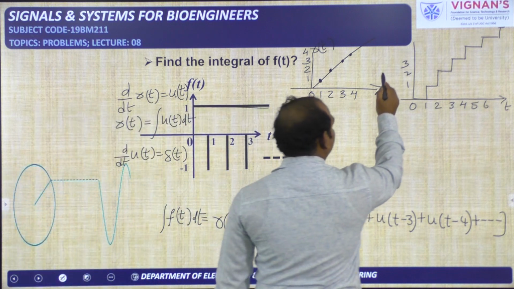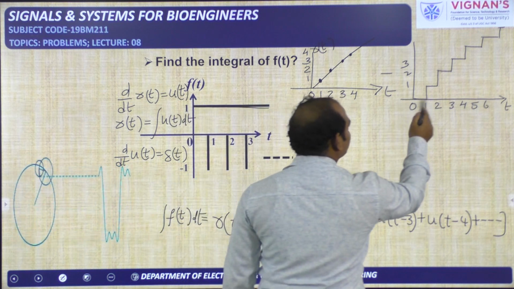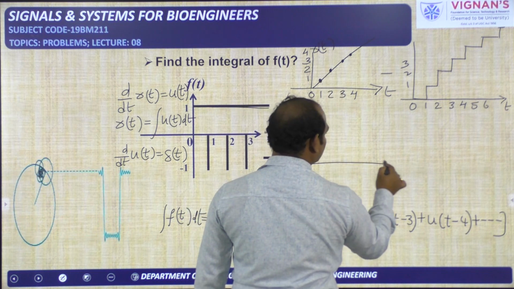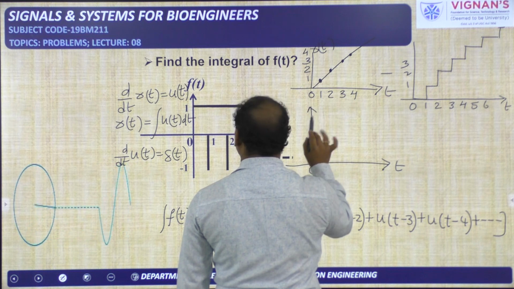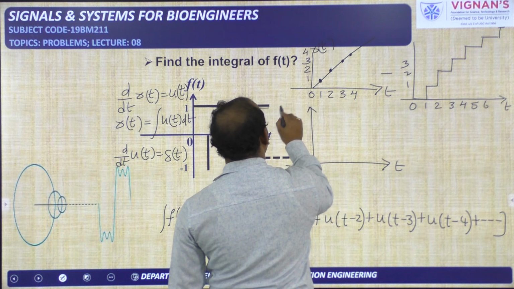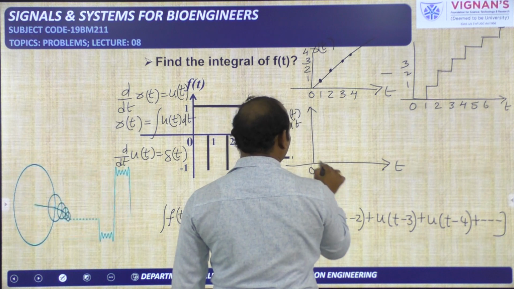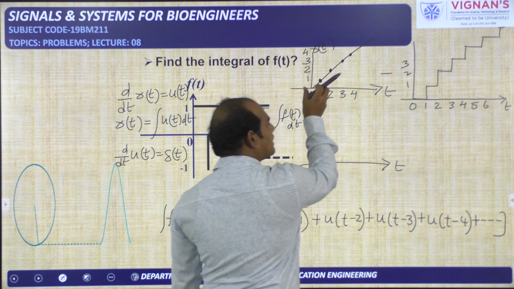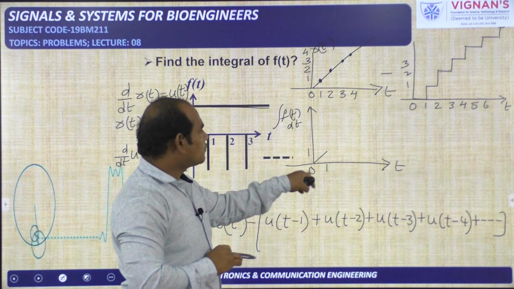Now we have to subtract these two. Okay, you see carefully. From 0 to 1 its amplitude is 0, but from 0 to 1 it is increasing up to 1. I am drawing now the resultant signal. Okay, this is the final one. That one we can call integral f of t dt. From 0 to 1 like this. This signal is there, this signal is not there. So whatever it may be, that is minus 0, you will get the same thing. So a ramp signal from 0 to 1.